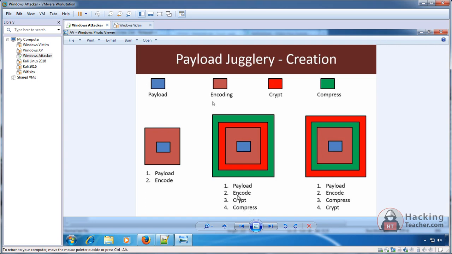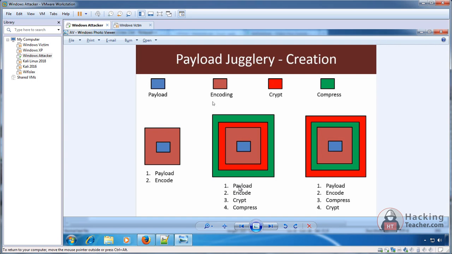Or maybe the encoding is done only one time, because, as I said, it may not be able to convert back the file. So maybe again encrypt, again compress, again encrypt, again compress. It will give multiple cycles over it, and then the antivirus would not be able to know how many cycles have been given over it, and maybe the antivirus will not be able to make it naked and detect it. So that's how it's done.